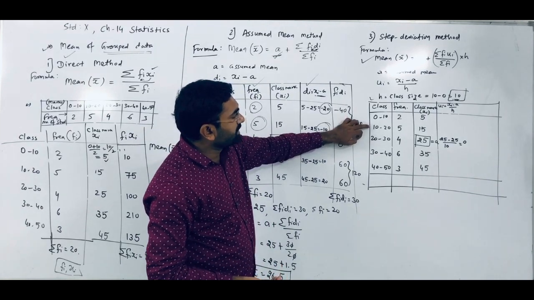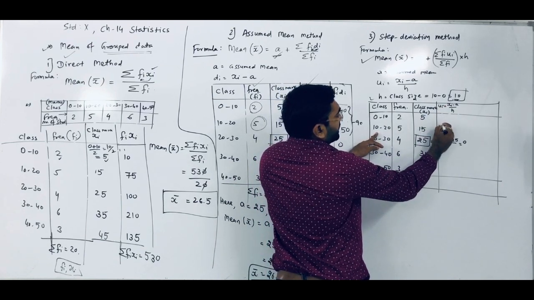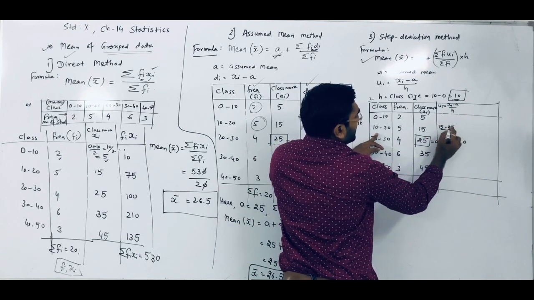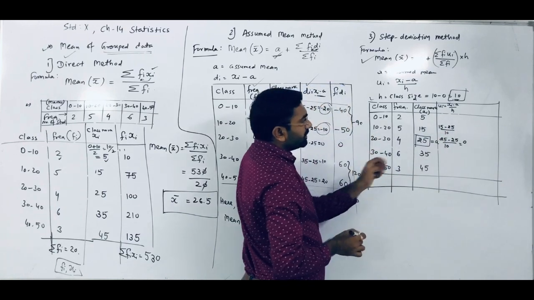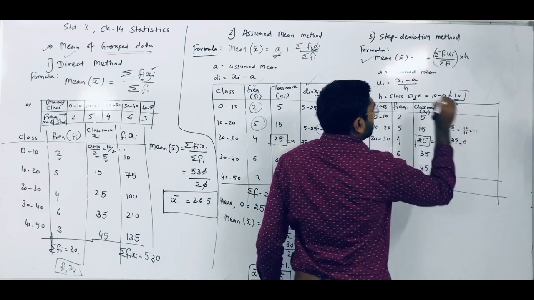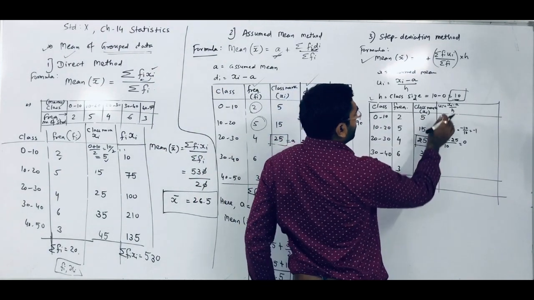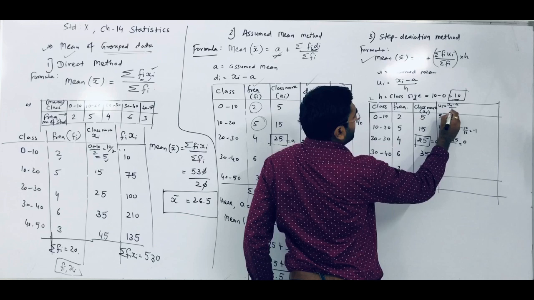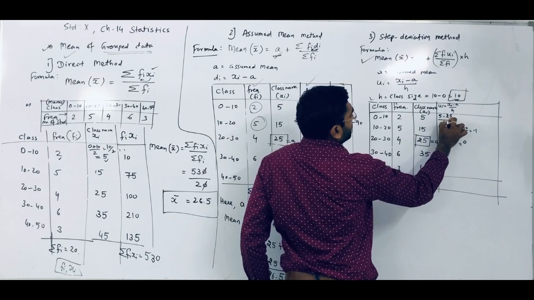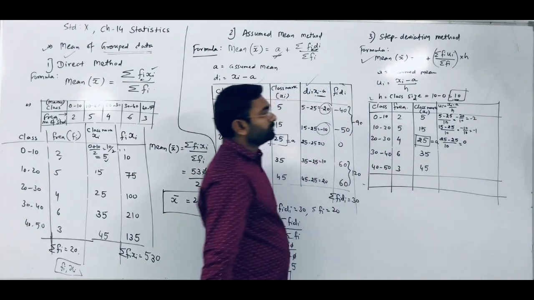Okay. Now suppose its previous class ui value you have to find out. So that class's xi value you have to put here first: 15 minus the a value which you assumed, 25, divided by your class size h value, which is 10. Now 15 minus 25, so we get minus 10, and in the denominator there is 10. So what we get? Minus 1. Okay. Now suppose that class ui value we have to find out. So what we have to do? That class's xi value we write first, minus the a value we assumed, which is 25, divided by class size 10. So what we get? Minus 20 divided by 10. So we get minus 2.